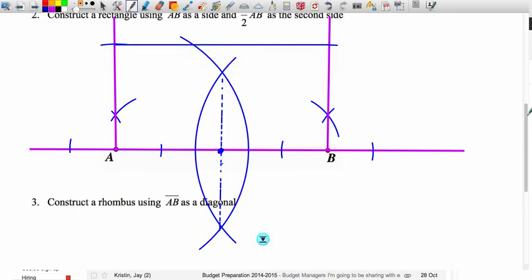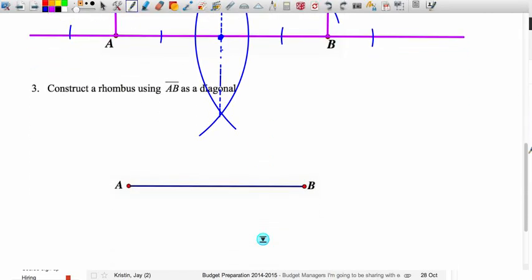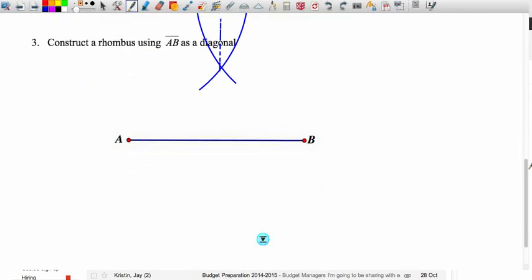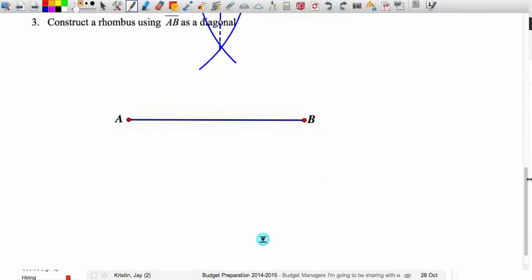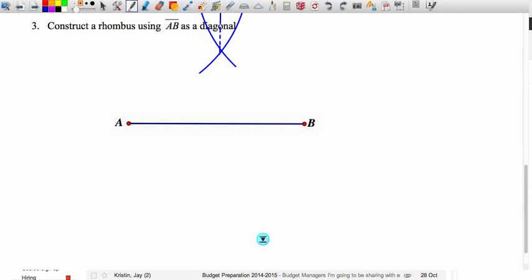Okay, and last example, we're now going to construct a rhombus using AB as a diagonal. And so if you know the characteristic, as you well hopefully should do, then you'll know that the diagonals of a rhombus bisect each other, and they do so at 90 degrees. Okay, and so effectively what we need for AB is once again the football construction. We need the perpendicular bisector of AB,